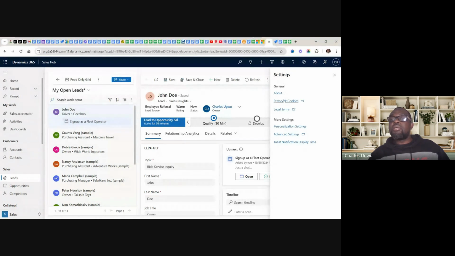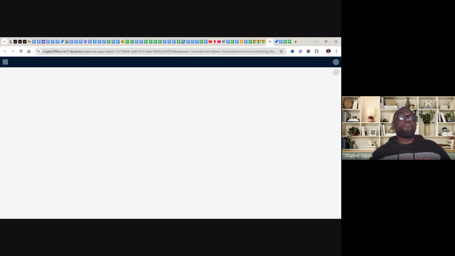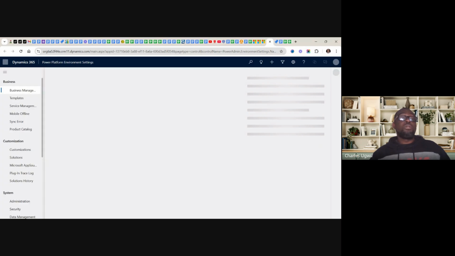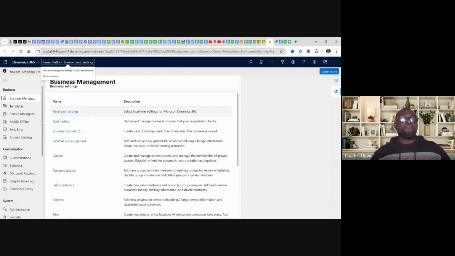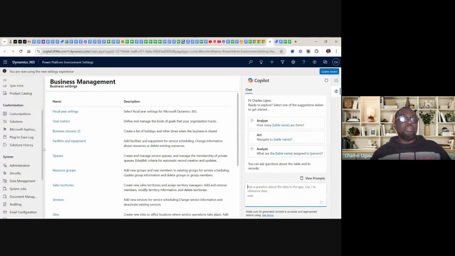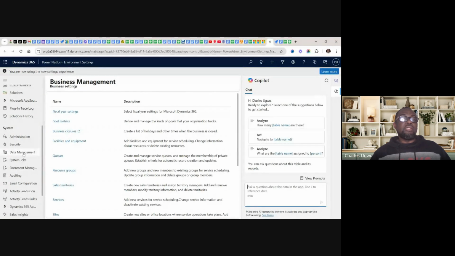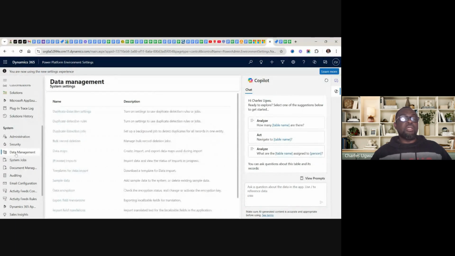settings and advanced settings. So once we go to advanced settings, then we should go to data management. Let's look for data management. And here is data management. This is it. So we click on data management